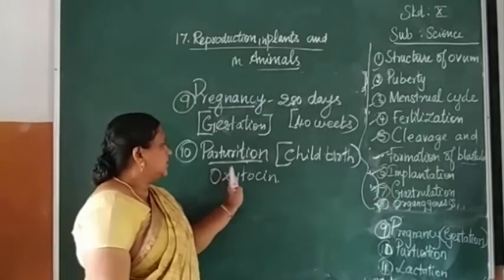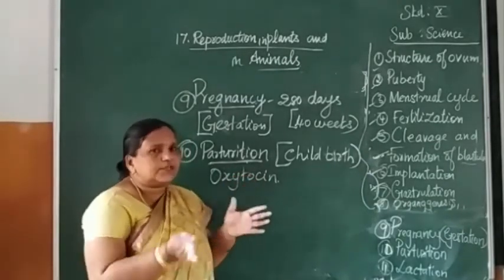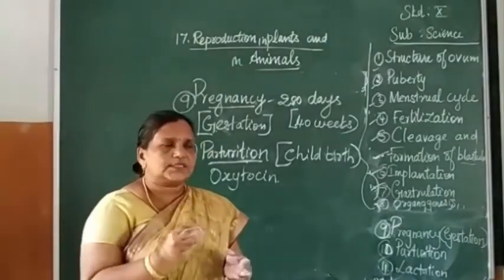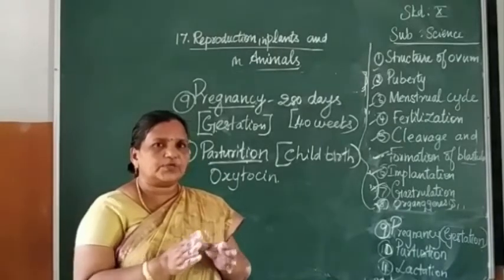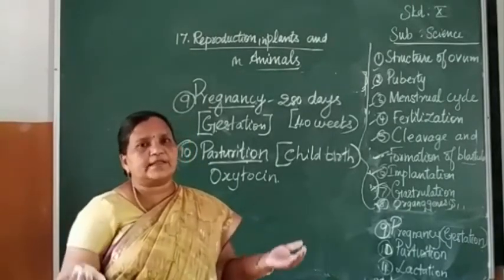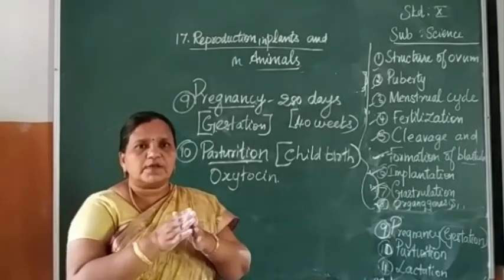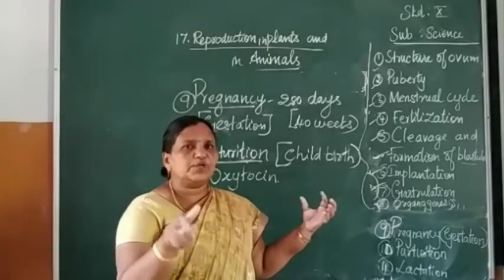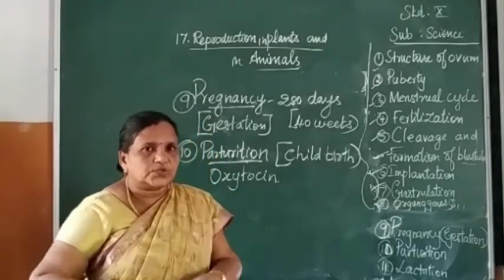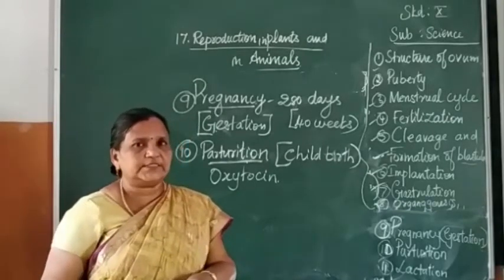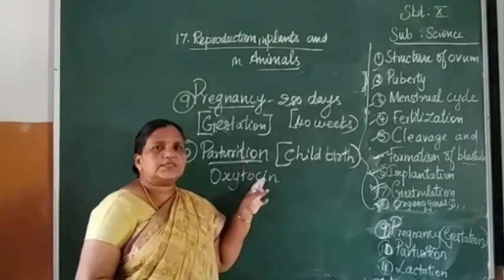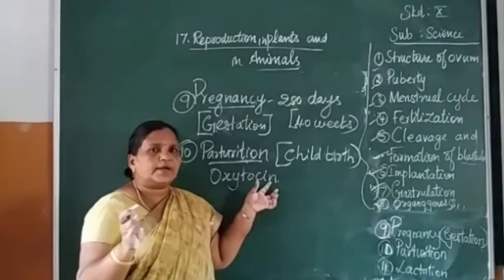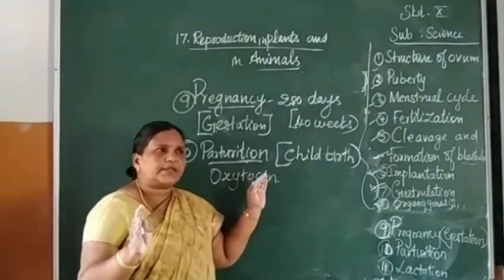During this time, when oxytocin is secreted, it gives the contraction and relaxation of the uterus, because the uterus, though small in size, is able to expand 500 times its normal size. So when the baby is formed, it will expand. During childbirth, the baby has to come out from the uterus through the vagina. So this oxytocin stimulates the uterine wall, the interior wall, that is the endometrium, along with the perimetrium and the myometrium.